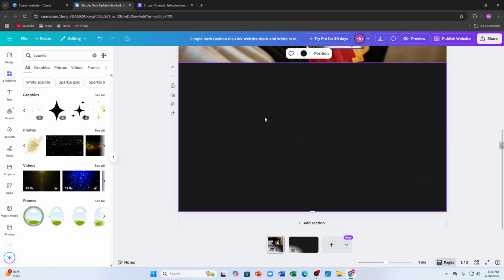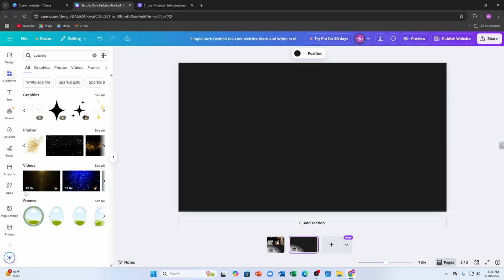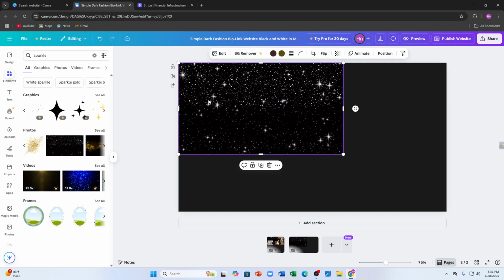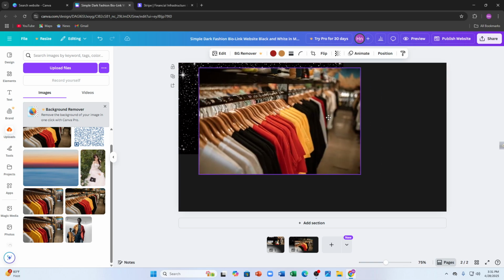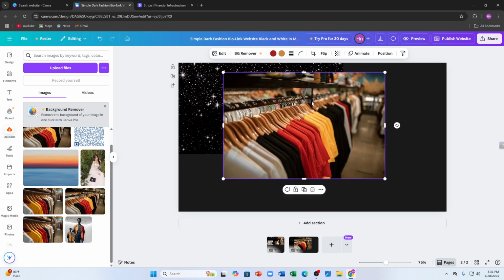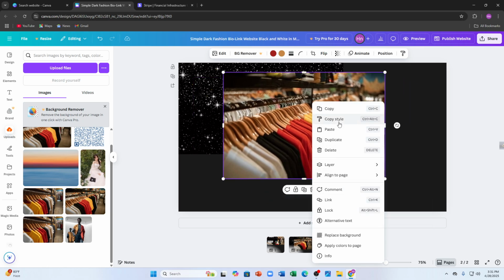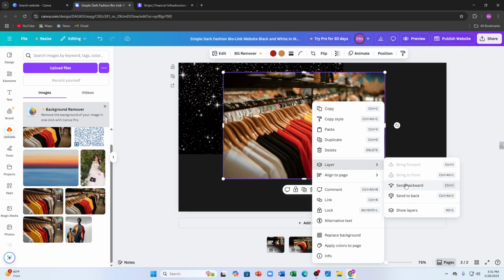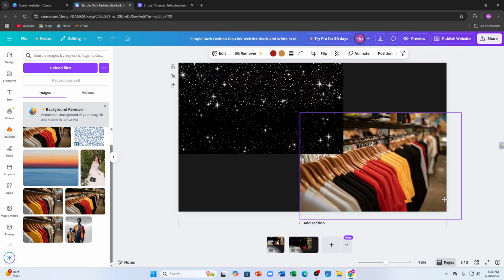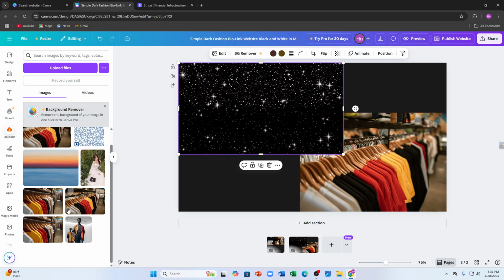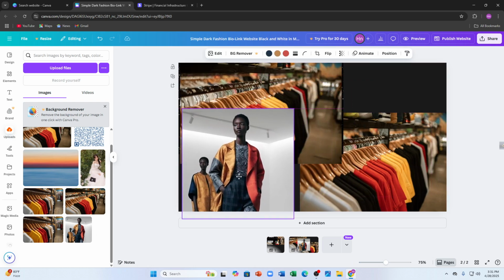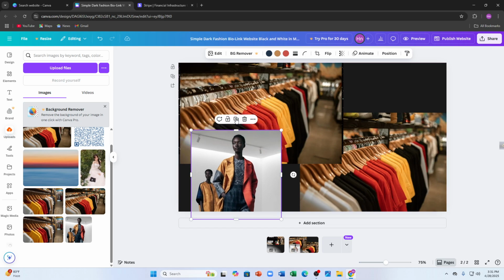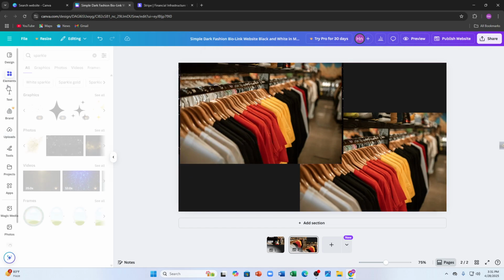So if you want to add these pages like this for your store, then again you have to choose pictures to add like this. You can add your customizable pictures or product pic if you already have a product. So for now I'm gonna tap and send it to backwards right now, like send to backward, and then customize it right here. I'm gonna add more pictures here, okay, I'm gonna remove this picture and take it